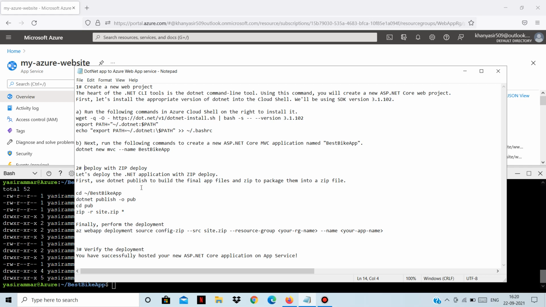So likewise we have to publish and create the final app files, and then we need to zip to package them into a zip file so that we can deploy this final zip file into our web app. So the command to do that is these 4 lines. This will publish to build the final app files, and this will zip the file. Okay, zip command will zip the file. Now let's run them.